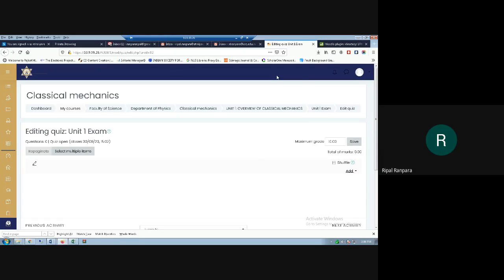Okay, so let me click on new question or from question bank. It means you can select from the previously designed quiz. There are many plugins wherein you can upload a word file of a quiz and it gets set up into the quiz. I will show you that demo at a later stage. So let me click on a new question.